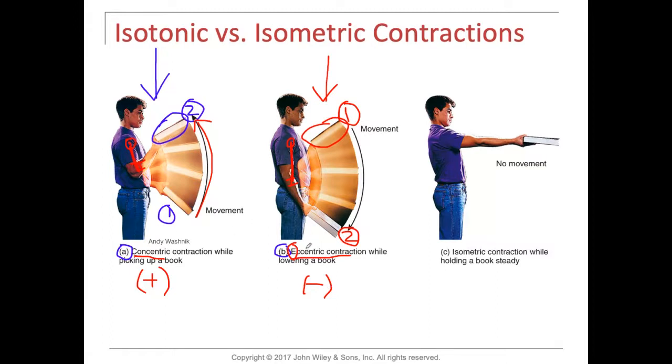So you have a concentric contraction, an eccentric contraction, and in C, what the person is doing here is really just holding out their arm in a steady position. There is no movement taking place. We call it isometric, which means same length, iso-metric, same length, isometric contraction. There is tension being generated, but there's just no change in any of the joint angles. All these joint angles are staying stationary. So it's isometric.